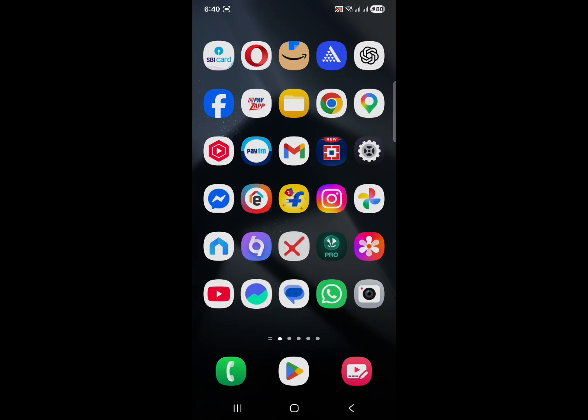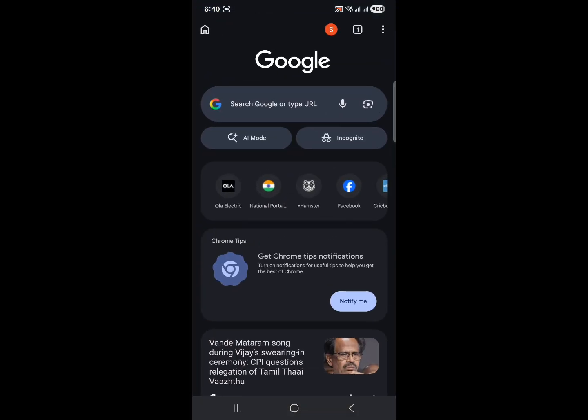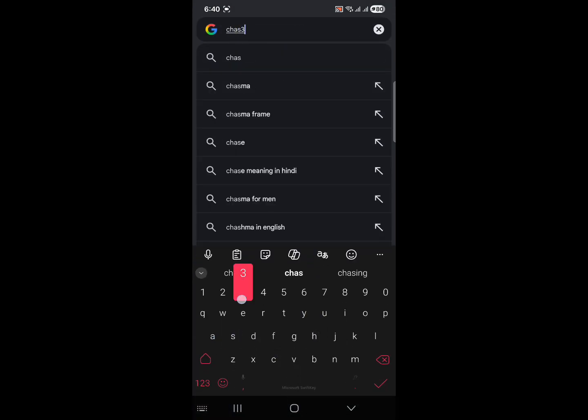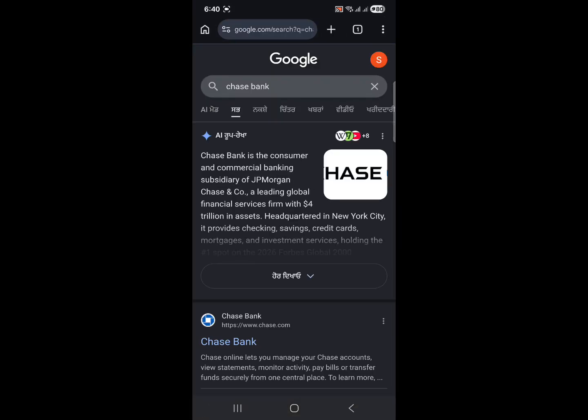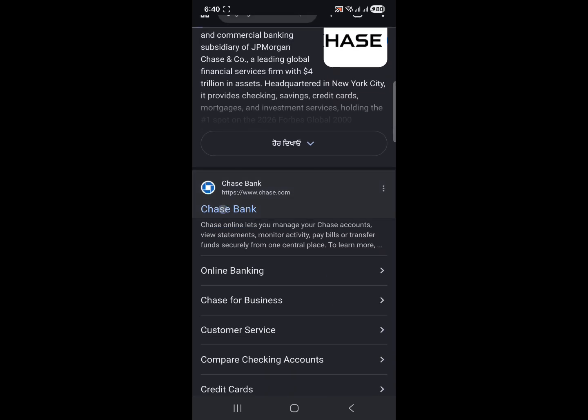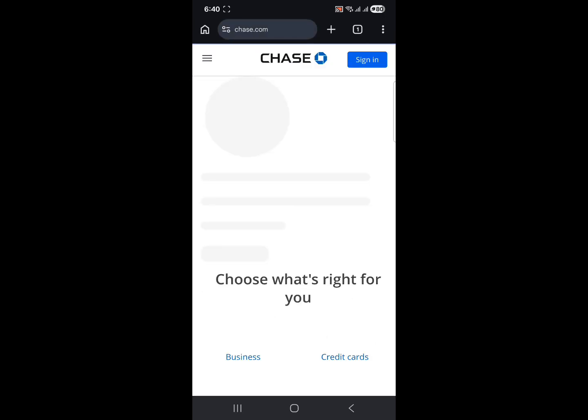So open your browser. I'll use Chrome. And in the search bar, type Chase Bank, Chase space bank, and hit enter. You will find https://www.chase.com. Please make sure that you only visit the official site. Now, once you open that,